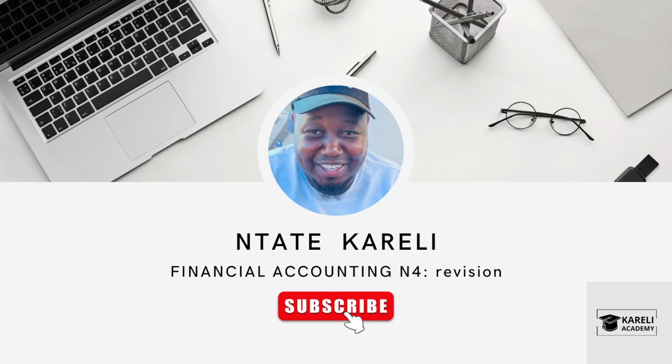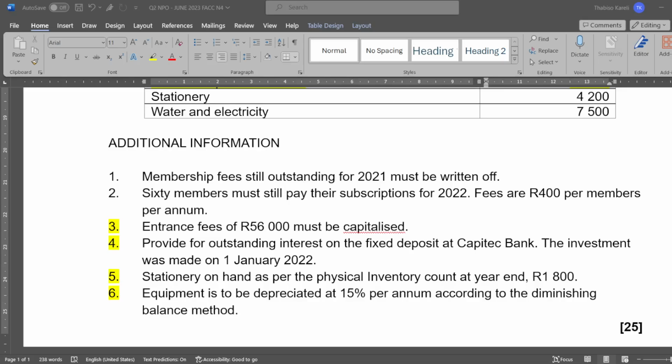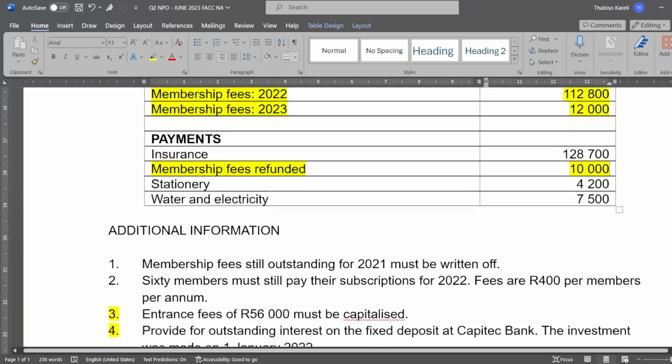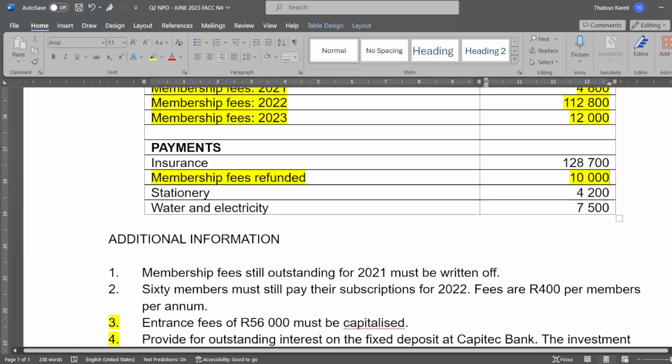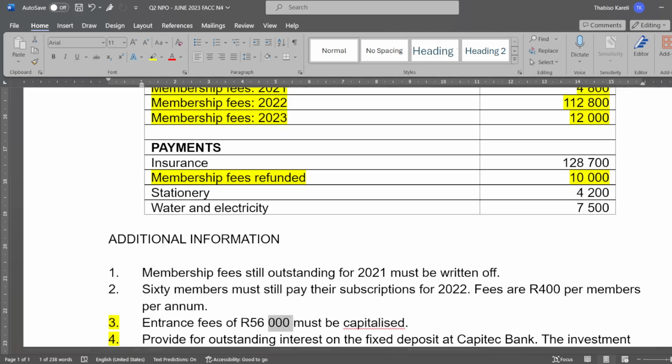Now, we are on number 3 on the question paper. Entrance fees of 56,000 must be capitalized. What does it mean? Now, this means from the entrance fees that we had, entrance fees of 256,000, this one, from that 256,000, 56,000 must be capitalized. It means